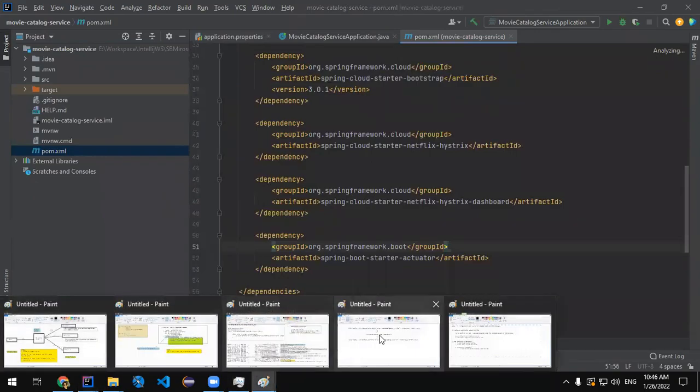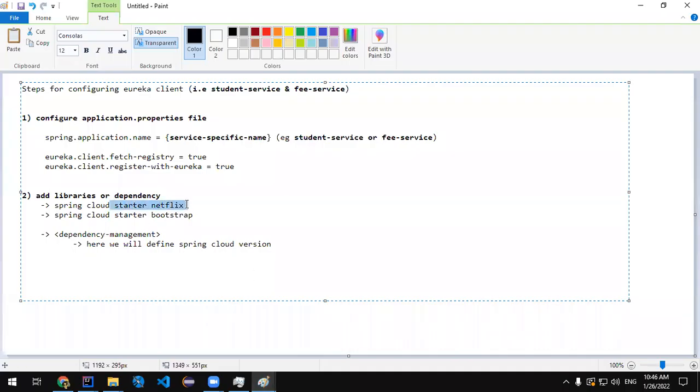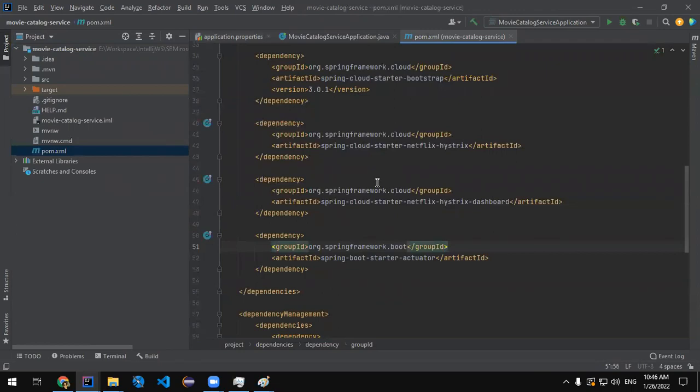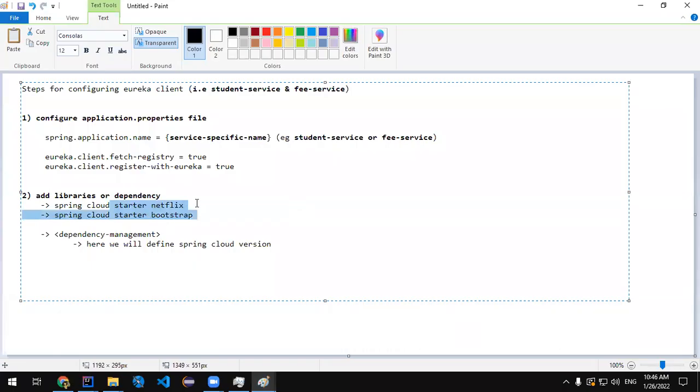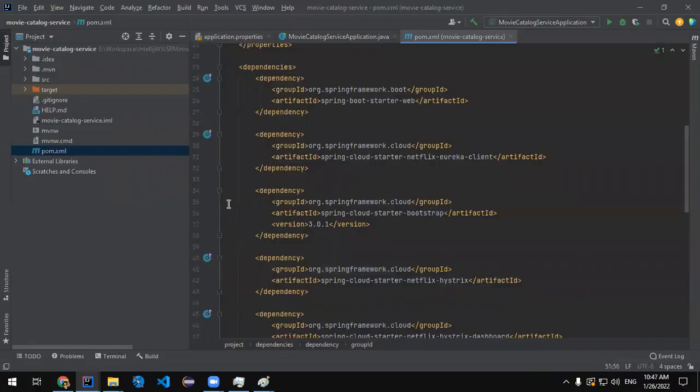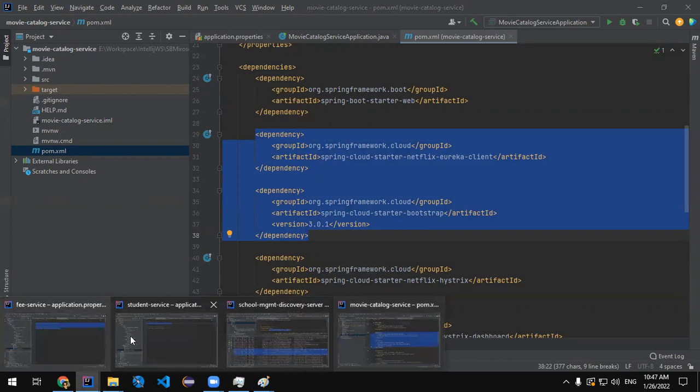So right now I mentioned two libraries, Netflix and Bootstrap: starter Netflix Eureka Client. That's the name I've given here. So I'll just copy these two libraries. Can you see I have mentioned the version here, 3.0.1. I'm copying this from here, going back to our student service,